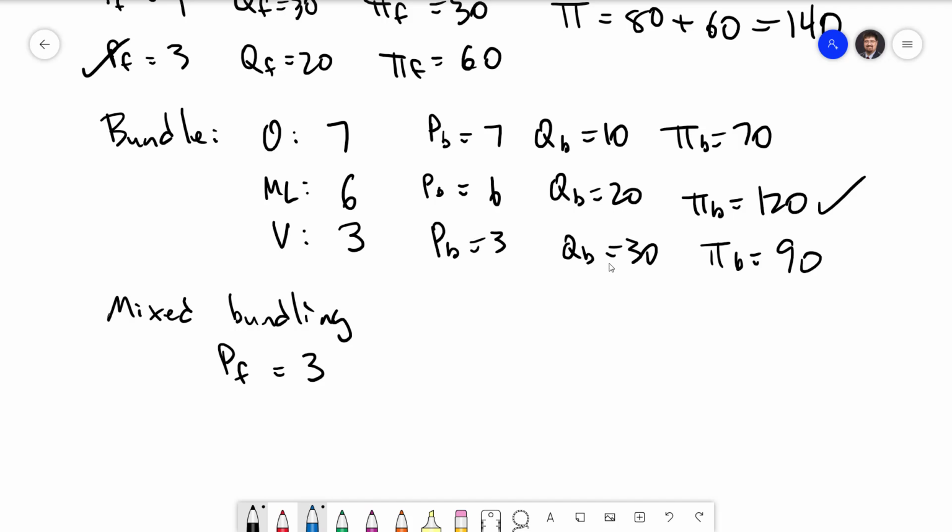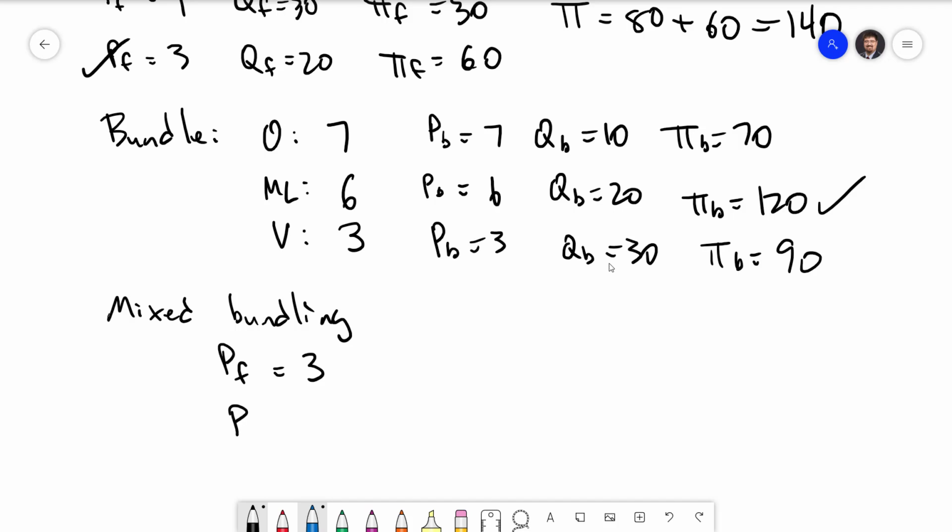We need to watch out to make sure that selling the fries on their own is not going to cannibalize sales of the bundle. That's not going to be a problem here because the meat lovers are only willing to pay 1 for the fries, so they would not be tempted by this. The omnivores are willing to pay the 3 for the fries, but they're already getting a consumer surplus of 1 from the bundle. They're willing to pay 7 for the bundle, they're only paying 6 for it, and so they're very happy with that choice. They get a surplus of 1, and so they would never switch to buying just the fries, where they would get a surplus of 0. So we're all good there.